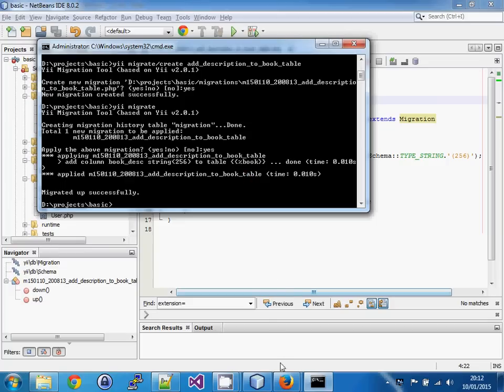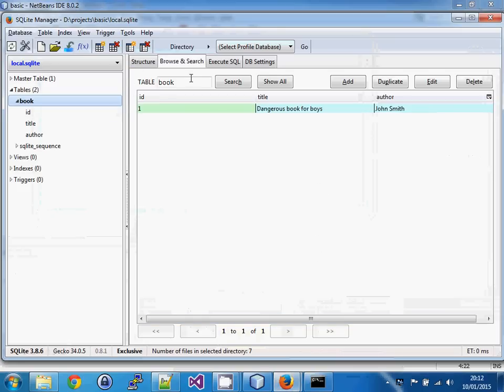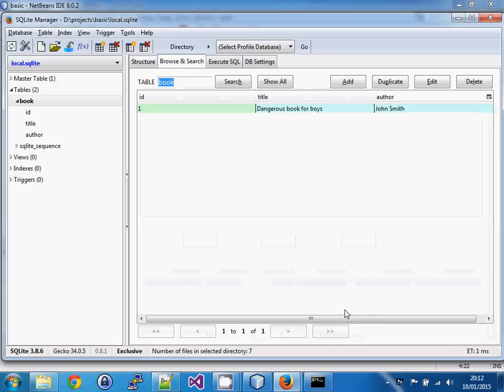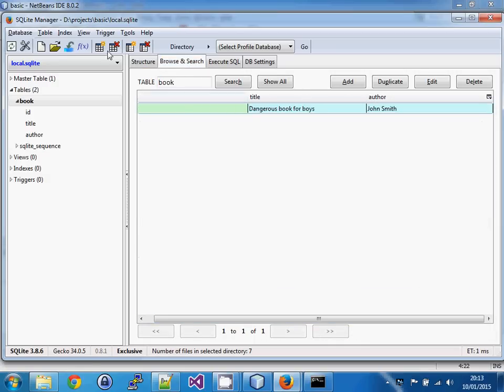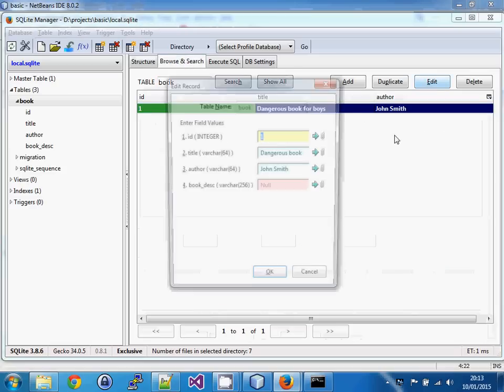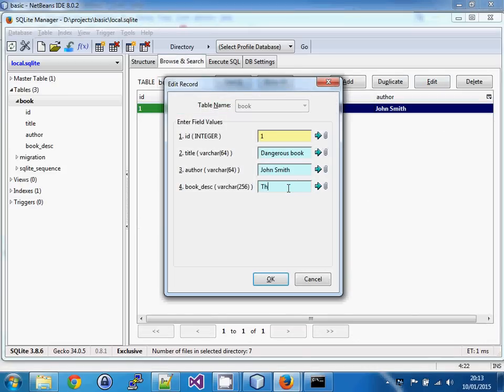and it says migrated up successfully. So if we take a quick look in here, and if we go to the structure, we can see what we're looking for, a book desk column, and if I browse and search, if I refresh that, well, there is no description, which is why it's not showing me that, but you can see that we have a book description field in there now, and if I go to this line and edit it, I could say this is a book for boys or something, and okay,